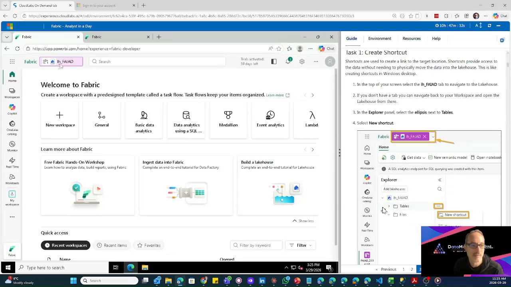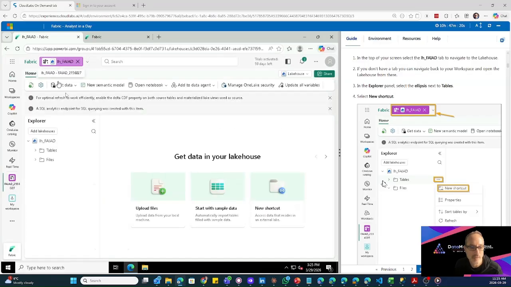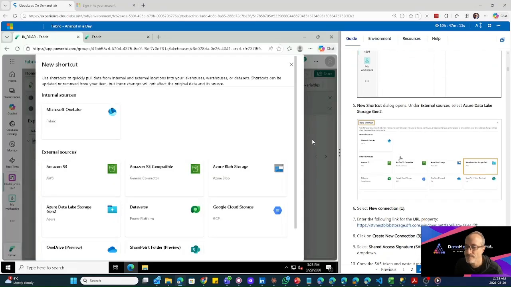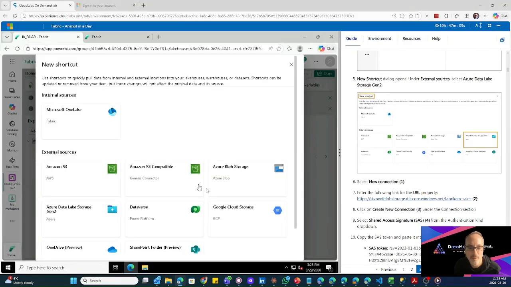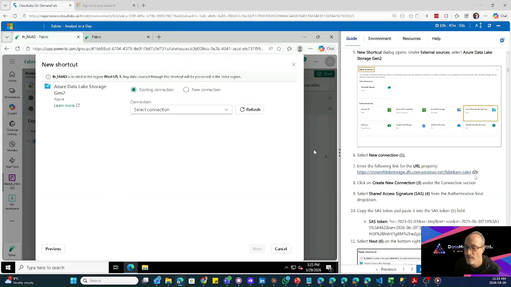So Fabric opens tabs. It leaves tabs of the objects that are open on the top. Perfect. So we'll go to the lakehouse, and in the tables section, we're gonna create a new shortcut. And we're gonna select Azure Data Lake Gen 2. That's where our data is. The URL,